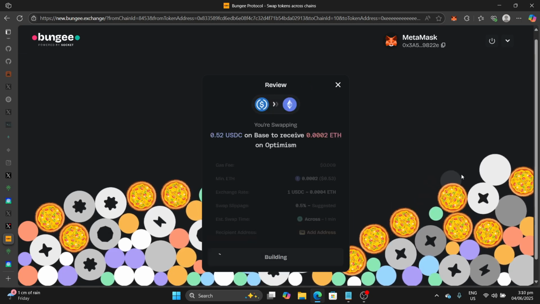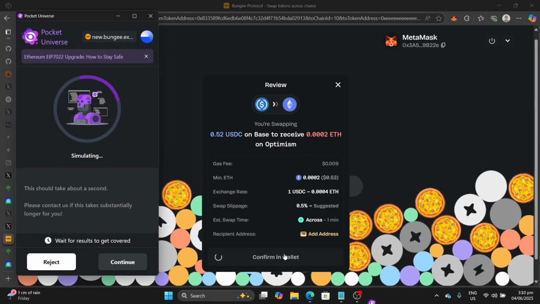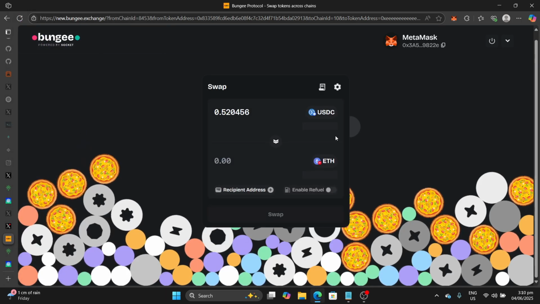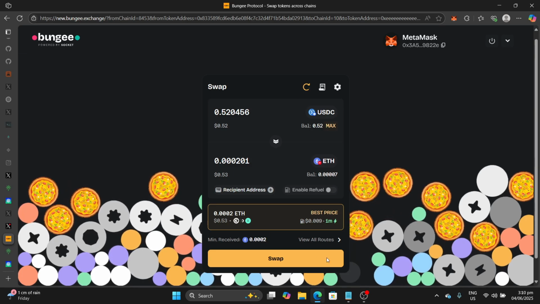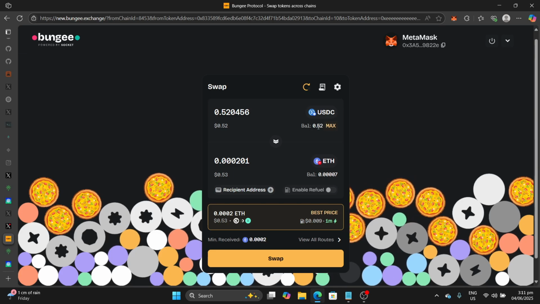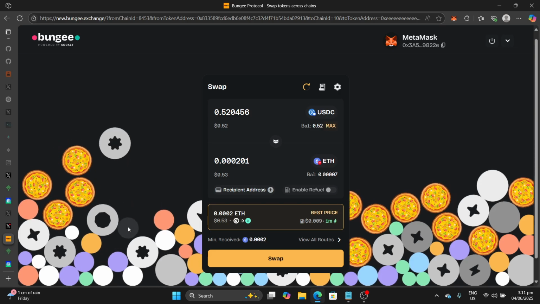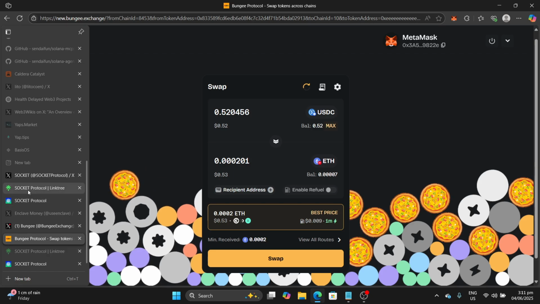Let's just try one more time. If it doesn't work, then you get the gist. So unlikely to go through. The likely issue here is a lack of fees, or the transaction size is very small, 0.52 USDC. Okay, so let's look at one more